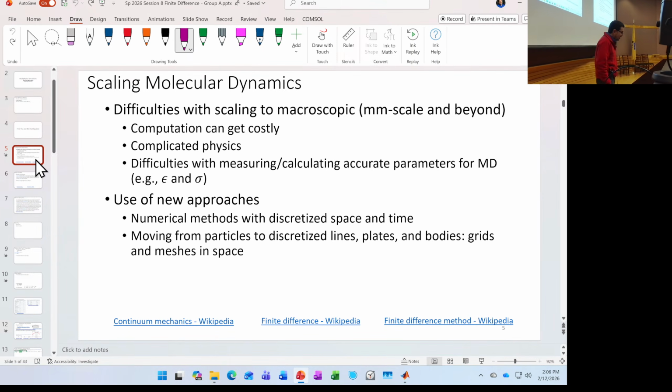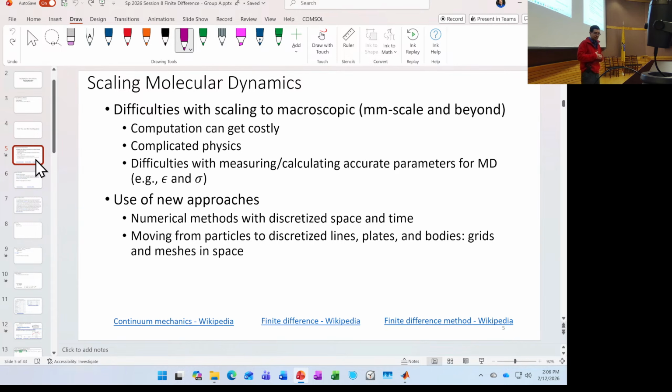We might like to model everything with particles, but there are some difficulties with that. One, to represent a very large structure, or even a very small structure, or medium-sized structure, you need lots and lots of particles. And when you start thinking, oh, every particle interacts with every other particle through a unique pair potential, you can quickly see that you're going to get a huge number of calculations that may not be the most efficient use of your time for computation.